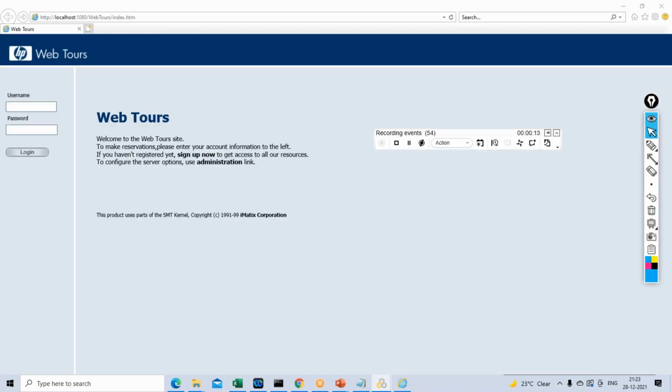As soon as you click on OK, you see a movable window over here. At the same time, you can see Internet Explorer being launched with the given URL. And here you can see there is a number which keeps on increasing, which is a good sign actually. When the number keeps on increasing, that means our tool is successfully able to record the application.